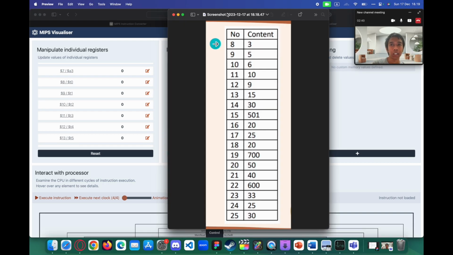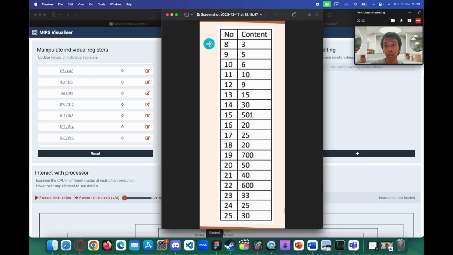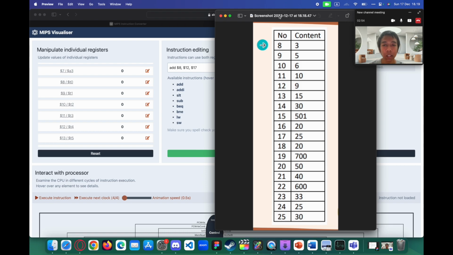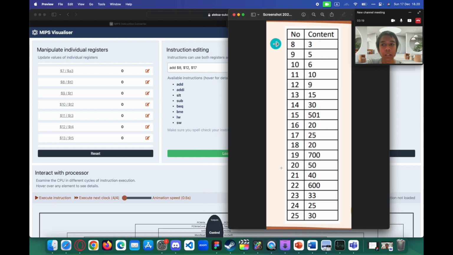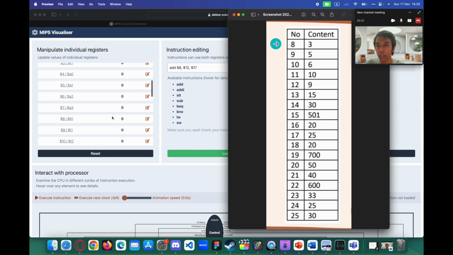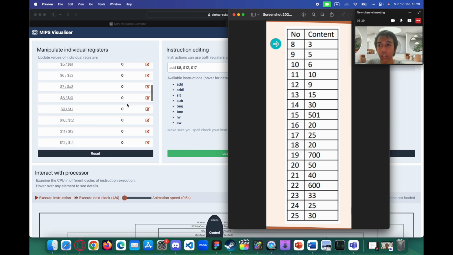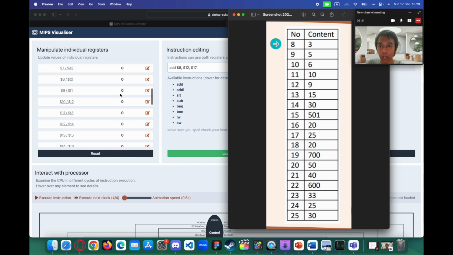So after that explanation, I will be using this table content provided by my team to execute the last instruction. First I will just initialize each table of addresses, from number 8 to 25.